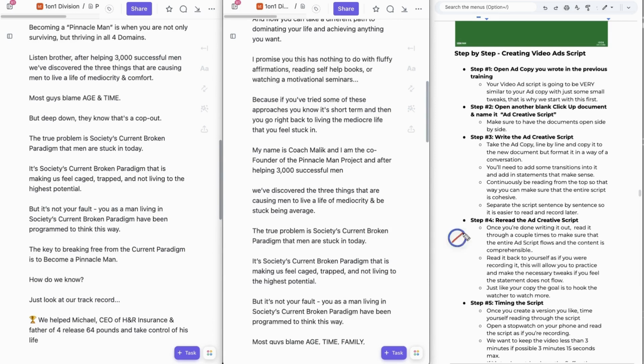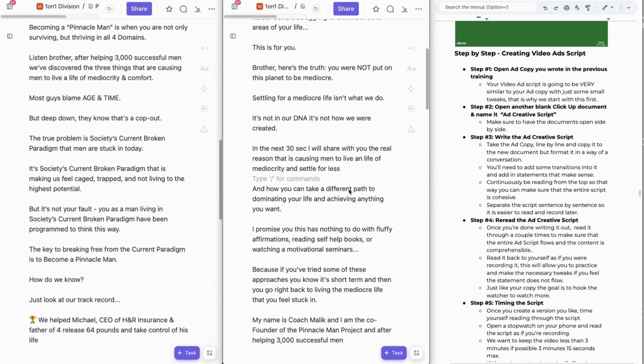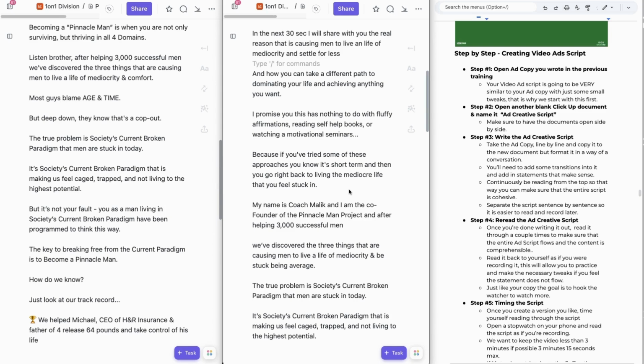Now, moving on to step number 4. Once you've taken the ad copy, once you've added the transitions to this entire process, once you've read it through to make sure that it makes sense, once you've separated the entire sentences out, then we're going to reread the ad creative script. So you're going to come over here and read the entire thing to make sure that it flows. Read it a couple of times if you have to